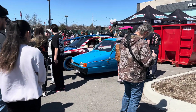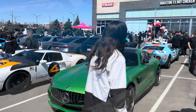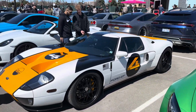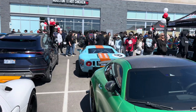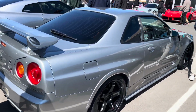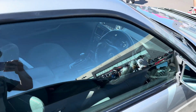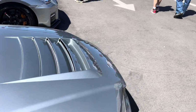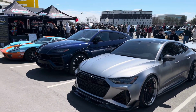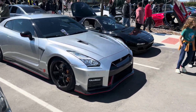Reliant Robin. What? There is a Reliant Robin. Green Hell Magno AMG GTR with a Ford GT and another Ford GT. RS7 next to a Urus and an R34 GTR. R34 GTR. And I love that these still had the same shift knob as my Sentra did, of all things. But we've got an R34, an RS7, a Heritage Ford GT, and an Alpha 7 GTR next to an NSX